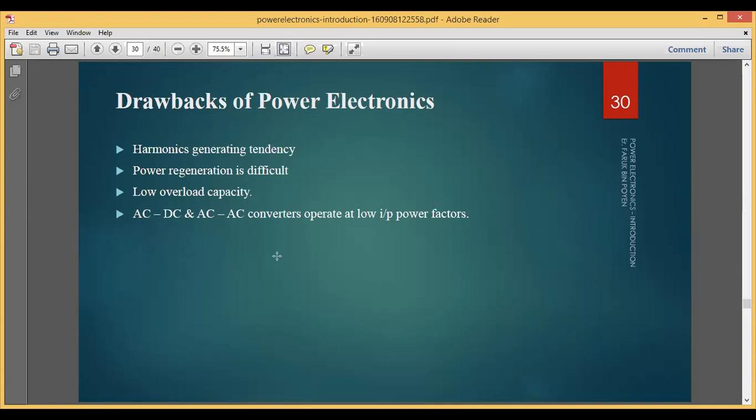And why is it so? Because there is a conversion going on behind those devices. So the noise coming from the inverter background, or from the charging of the battery, or because of the continuous change in voltage, produces harmonics. So remember that harmonic is nothing but a small kind of disturbance which occurs when the device is operating. Therefore, power electronic devices have the tendency to always try to generate some kind of harmonics.